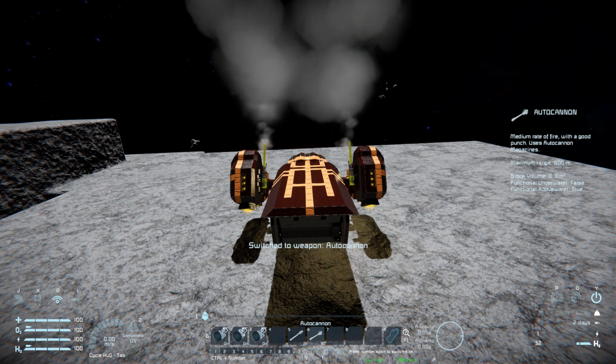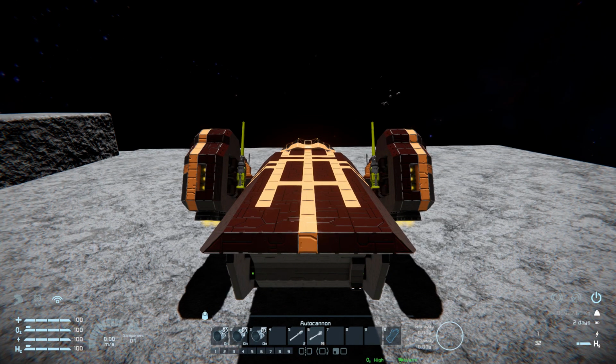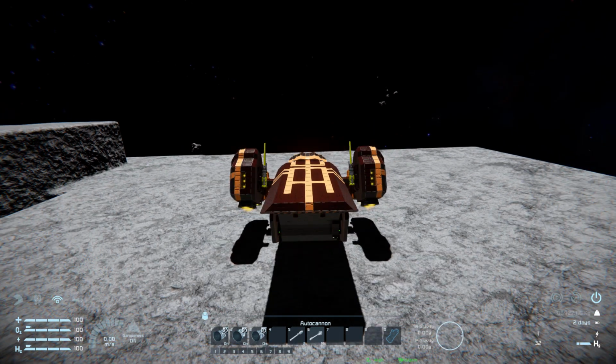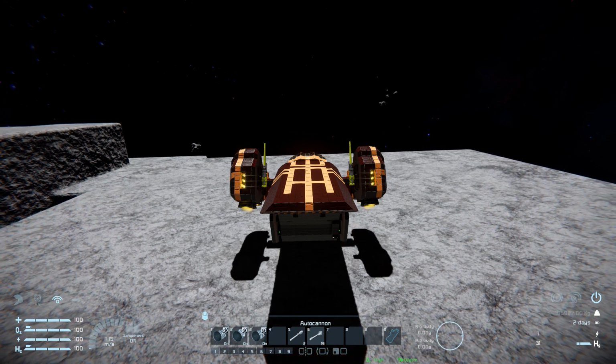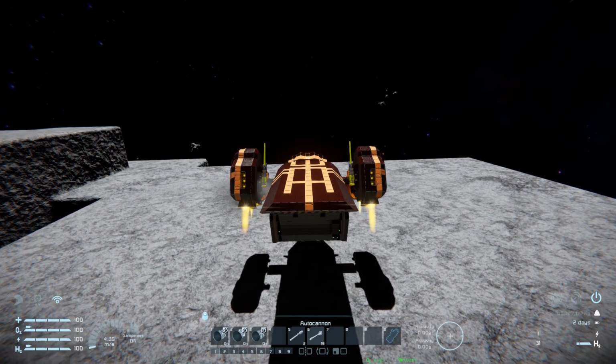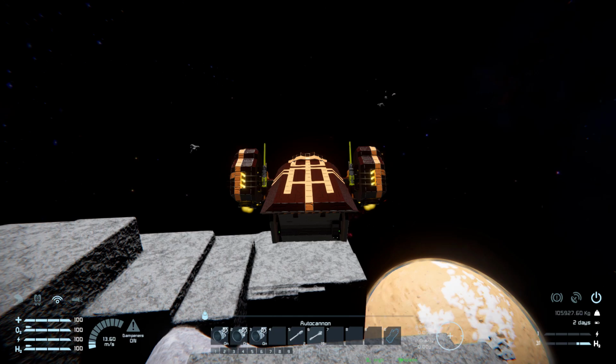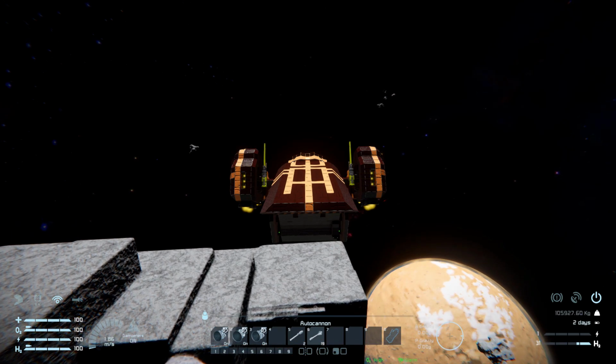And there is our auto cannons. But with that all done and out of the way, now what I'm going to do is lift this thing up. So I'm going to press spacebar first of all, and what you're going to notice is that we're going to move up, but slightly back. To counter this, we will need to press W, go all the way up in a straight line. There we go. Now that we're raised up from the platform, what I can do is come into first person